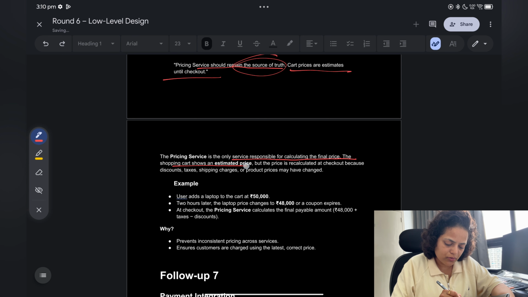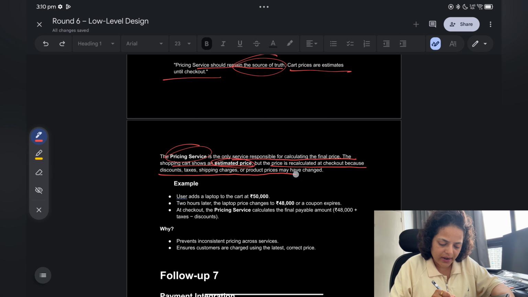The shopping cart shows the estimated price, but the source of truth will be from the pricing service. The price is recalculated at checkout because discount, taxes, shipping charges, and product price may have changed. So for example, a user adds a laptop to the cart